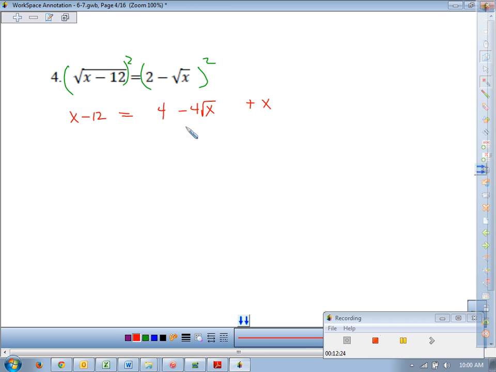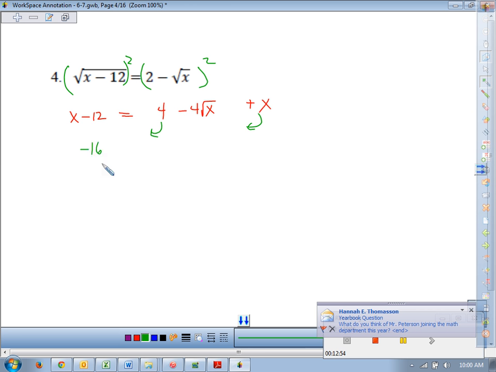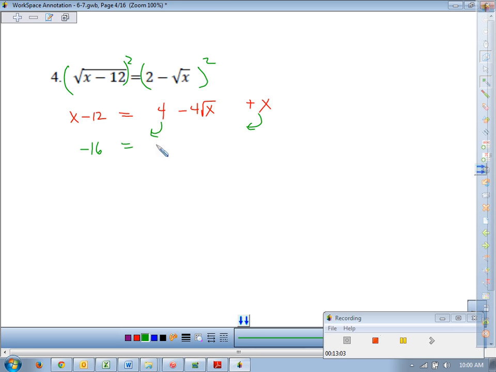We got to take these constants and these variables that have integer exponents over to the other side. So if I subtract the 4 over, won't you have a negative 16 on that side? If I subtract the x over, ooh, what happens to them x's? They're gone. So you're left with this,